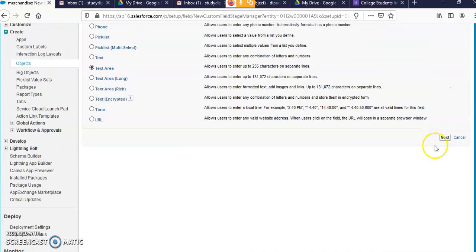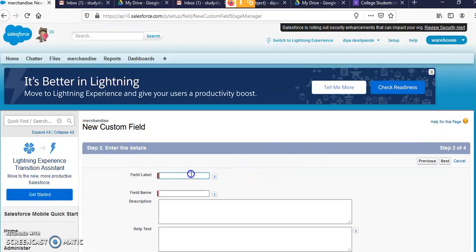Then you add the name of the field, that is Description, a description of the merchandise item or field.